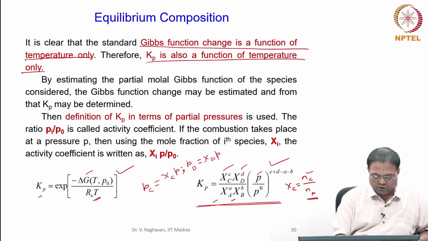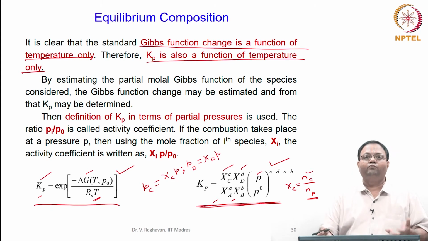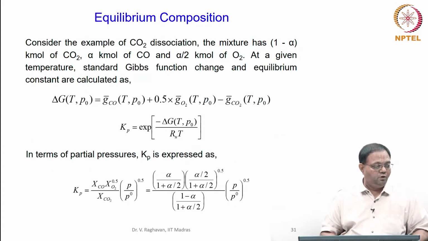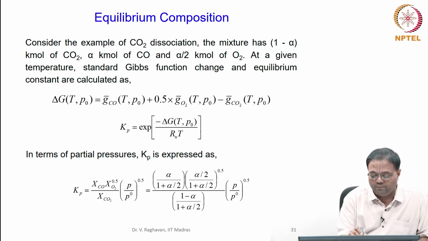So delta G is obtained. Then you calculate the value of Kp using this expression. Then substitute this for the given equation and find the number of moles, or form an equation with the number of moles involved. Okay. So let us just take the equation we considered, in which we have some CO2